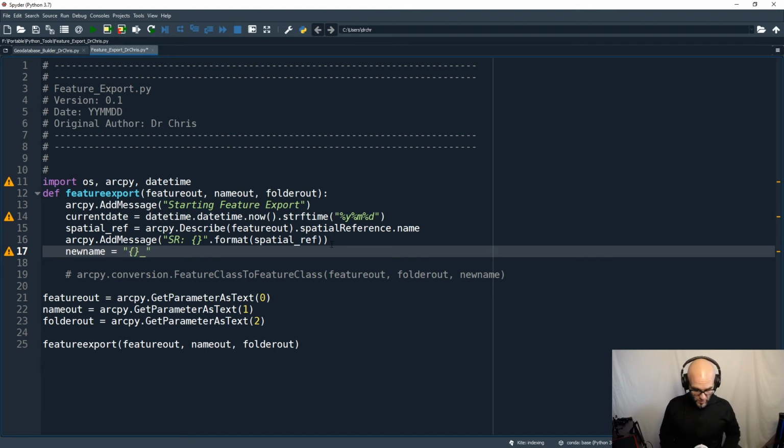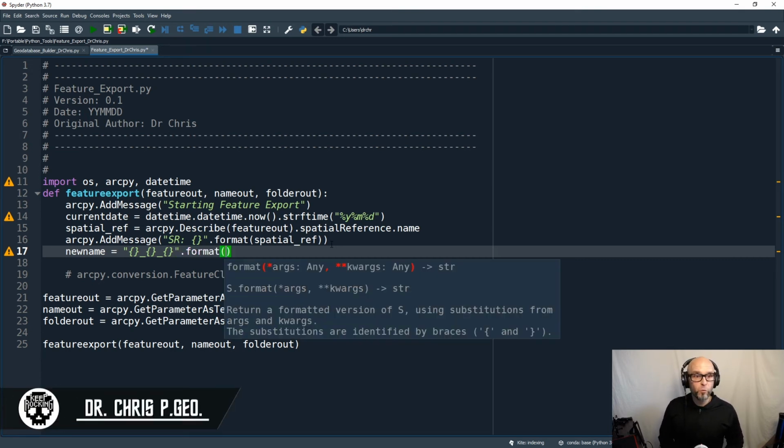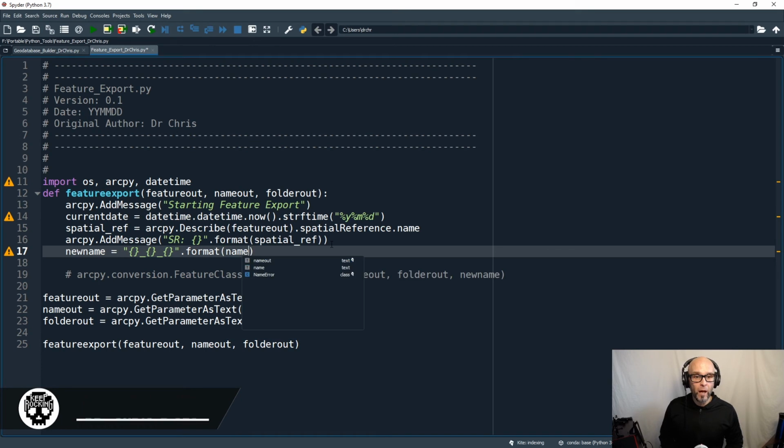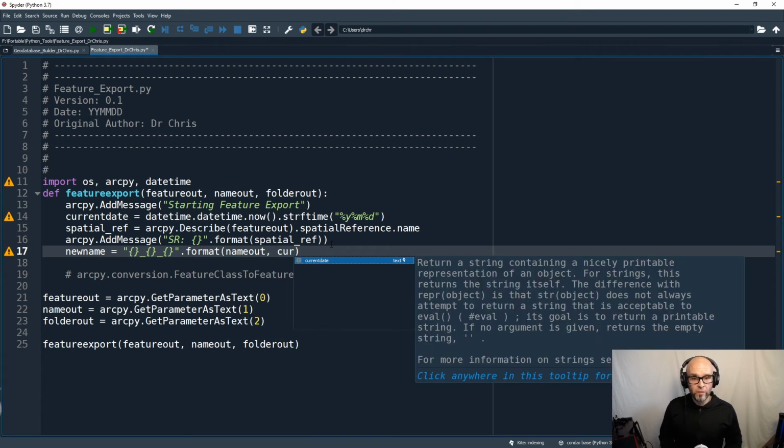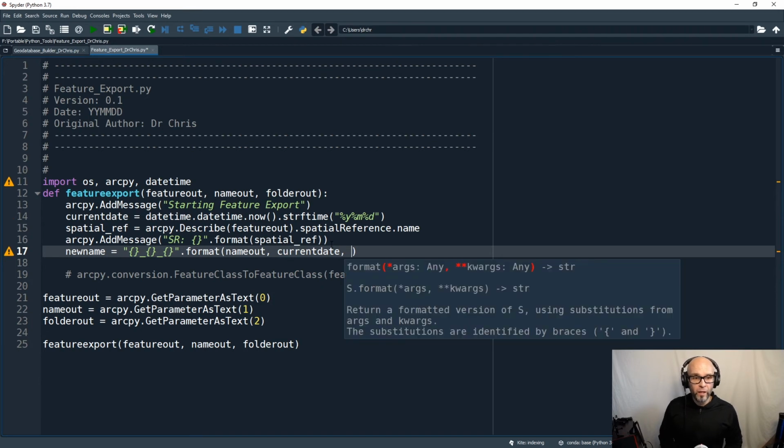The second one is going to be our control date or our versioning. And the third one is going to be our spatial reference. And we're going to do this, dot format. Again, the first one is the name out. Second one is the current date. And the third one is the